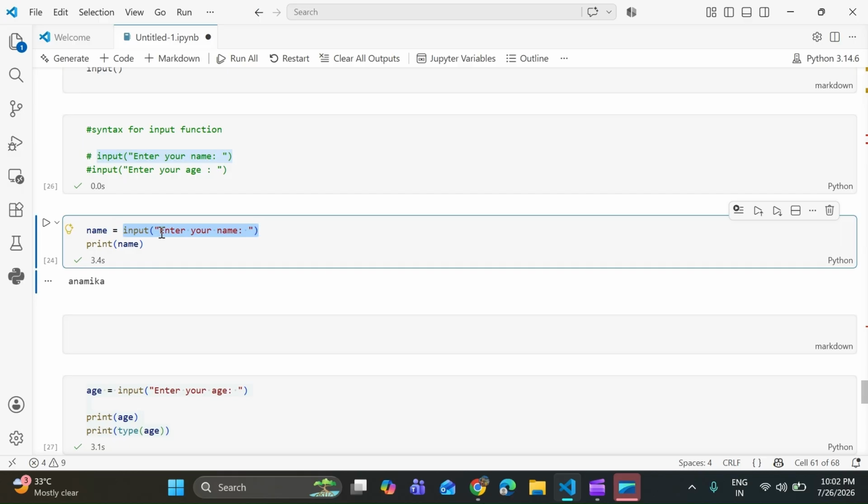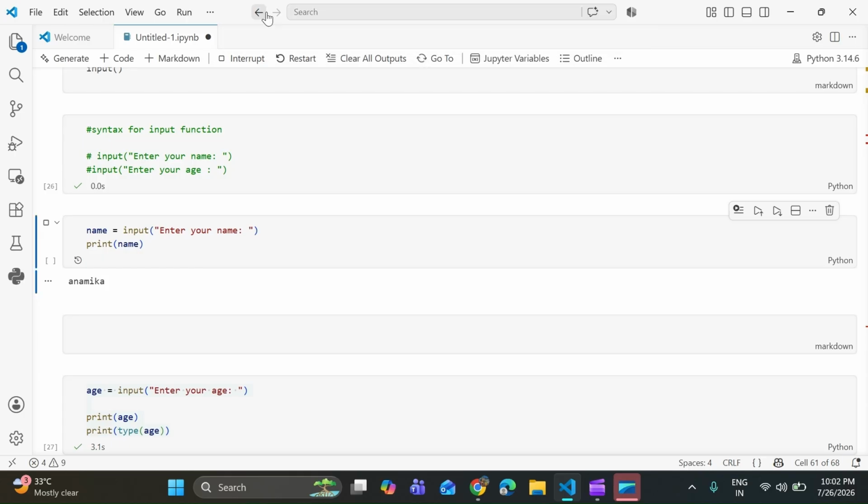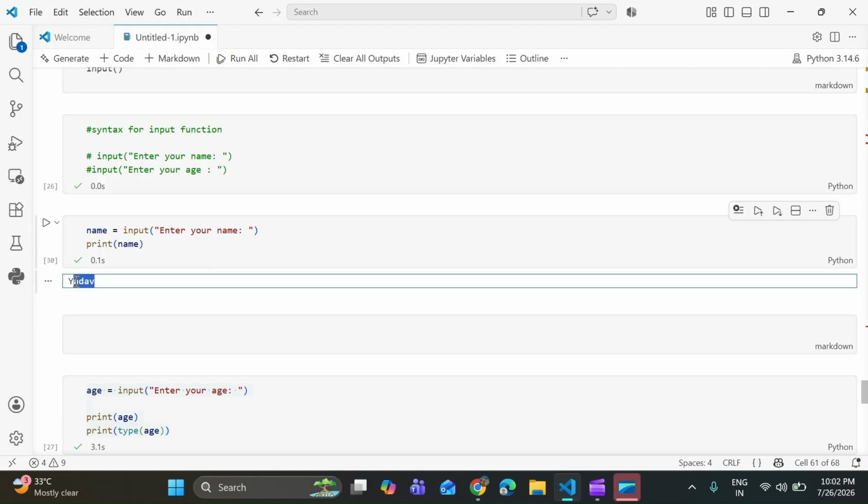The user will pass the information, and I use the print function to print the value from the input function. Let's see. So I just pass that information, and here you can see that the value is updated.